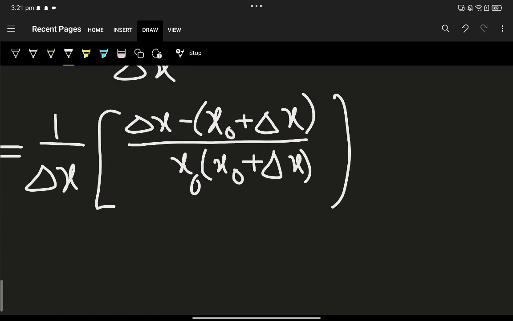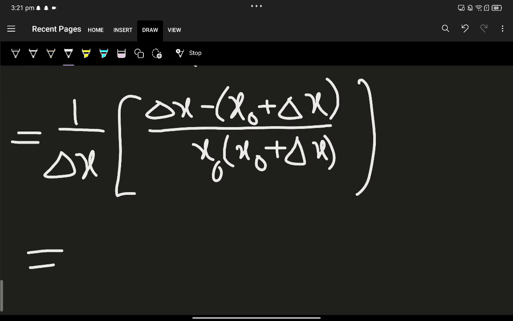And when you solve this, you will get 1 by delta x. Okay, and there are some cancellations that are going to happen. The first is the x delta x will be cancelled out when you remove it, right? Minus delta x, and then there will be minus x naught, and so you see x naught will be cancelled out, right? X naught square, and then one of the x naught will be cancelled out, and minus 1 remains